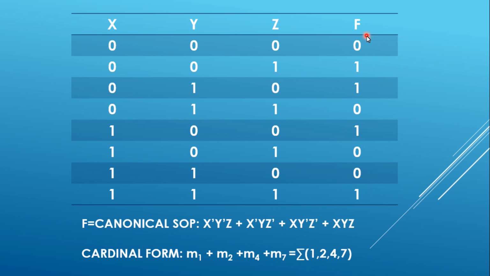So basically you see, this is an expression given to you in the form of a truth table, when in this case you are considering those particular terms where f is 1. So you have the canonical SOP coming out as this. In the canonical form, it will be m1 plus m2 plus m4 plus m7, so it will be sum of 1, 2, 4, 7. You already know that a function is represented by those terms for which it is true, and at a time only one combination will be true, so they are combined with an OR.